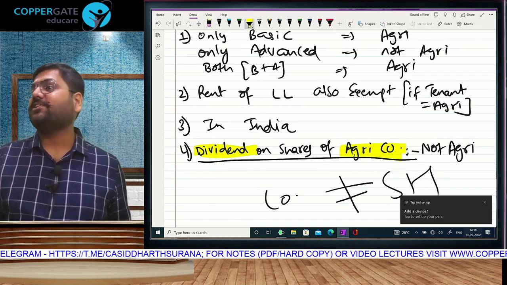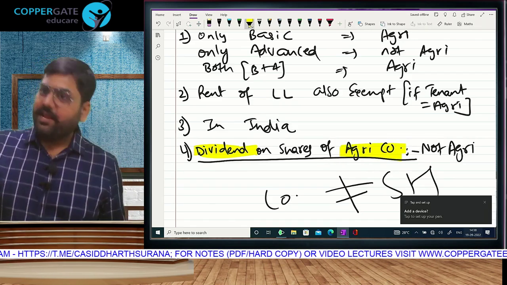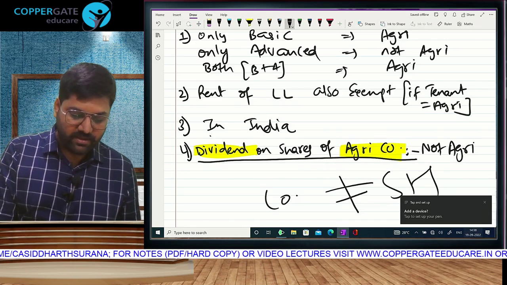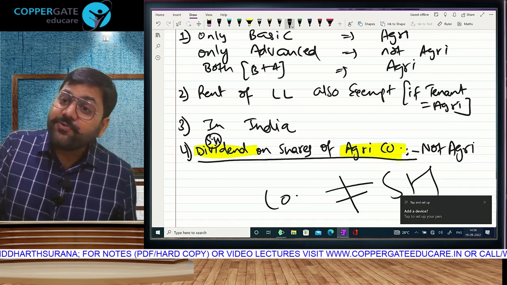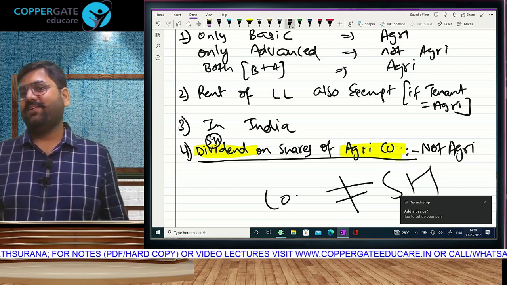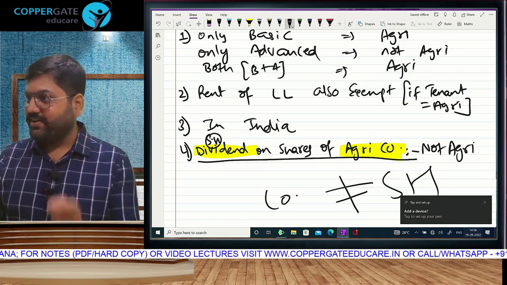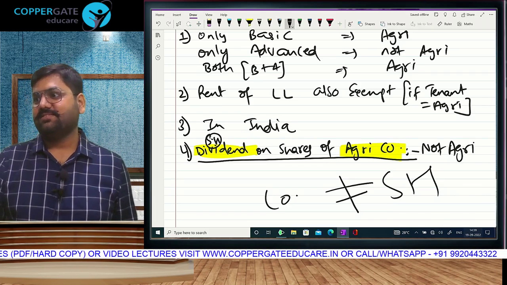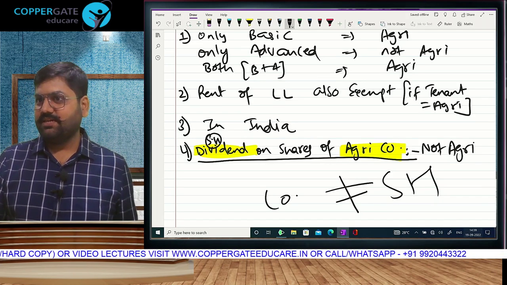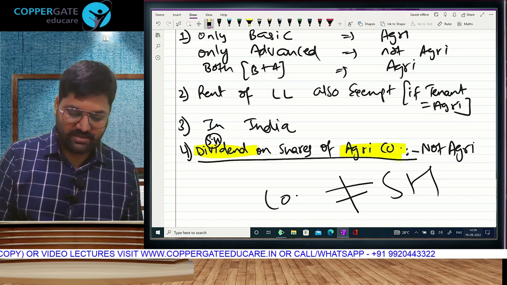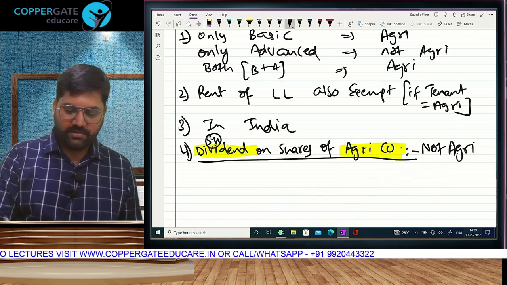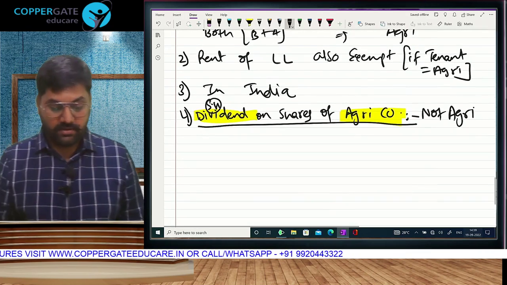This is an assessee doing agriculture, eligible for exemption. This dividend is earned by a different one. The legal identity is only different. He is not doing agriculture. Understood? So dividend on shares of agriculture income, not agriculture, but